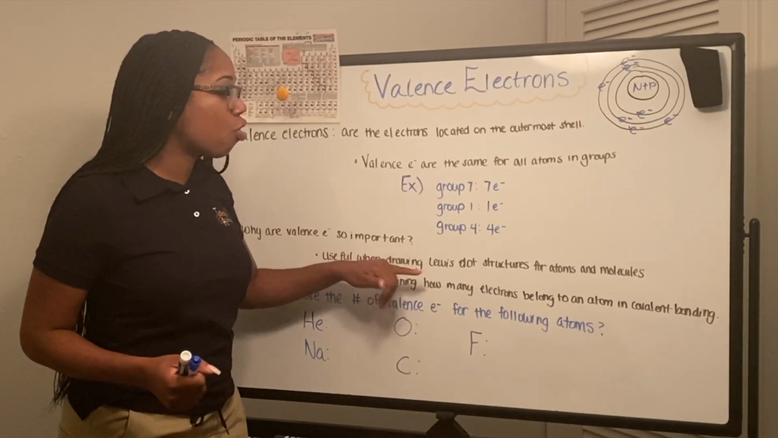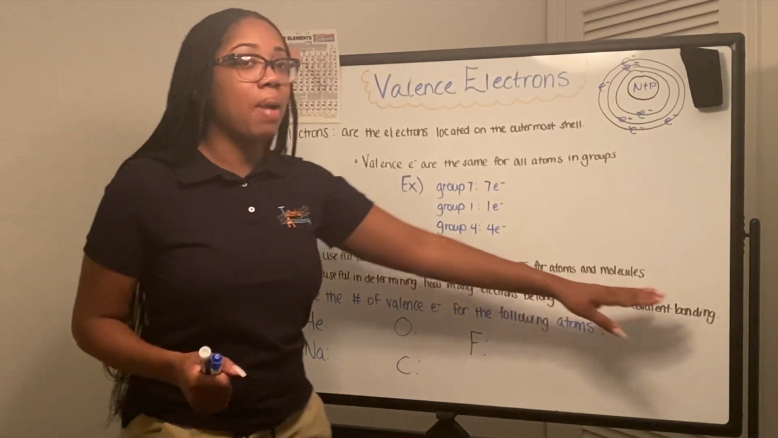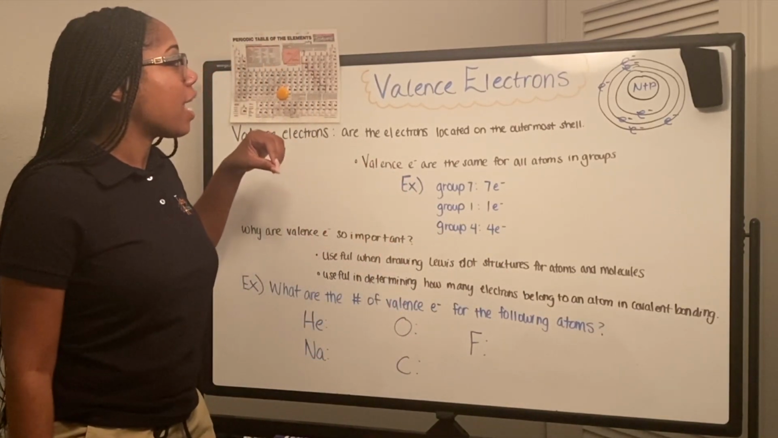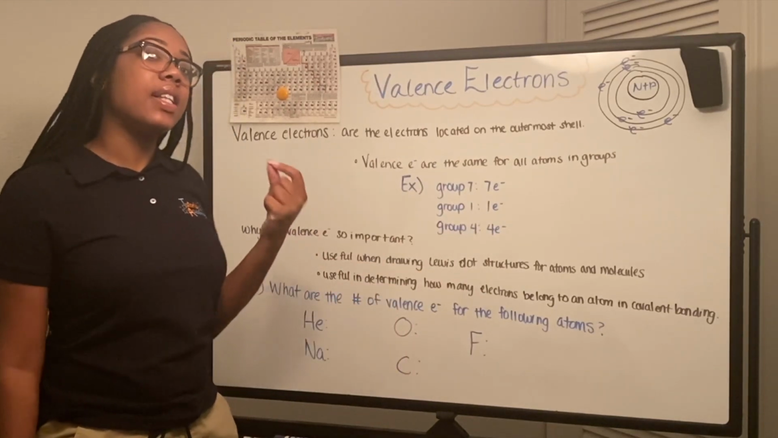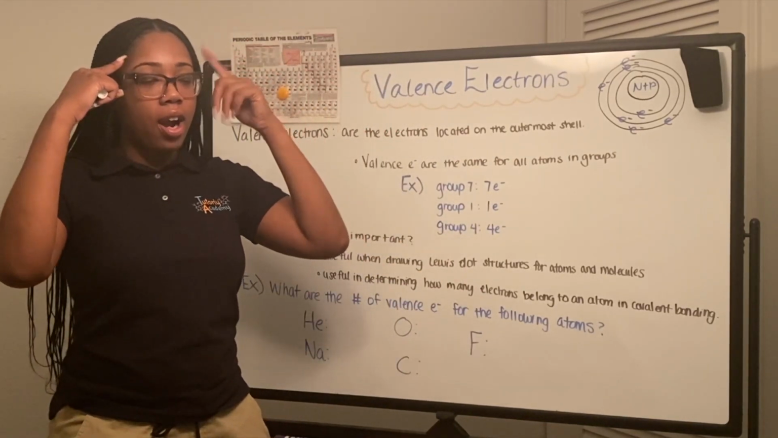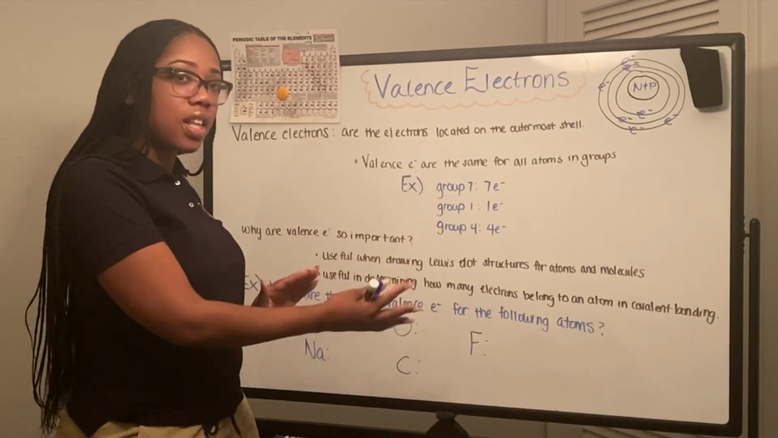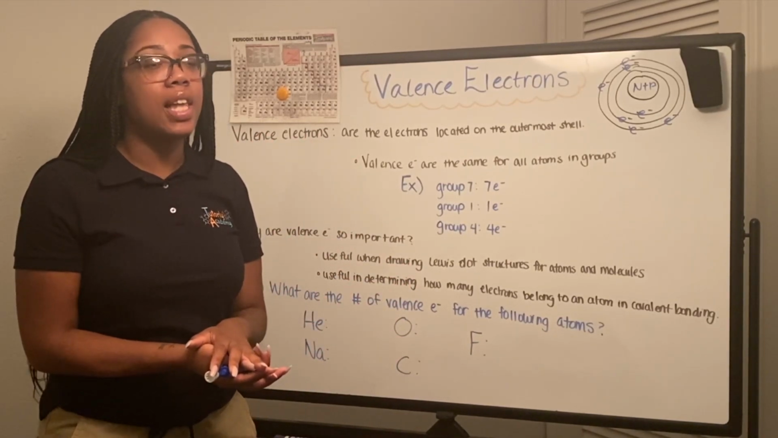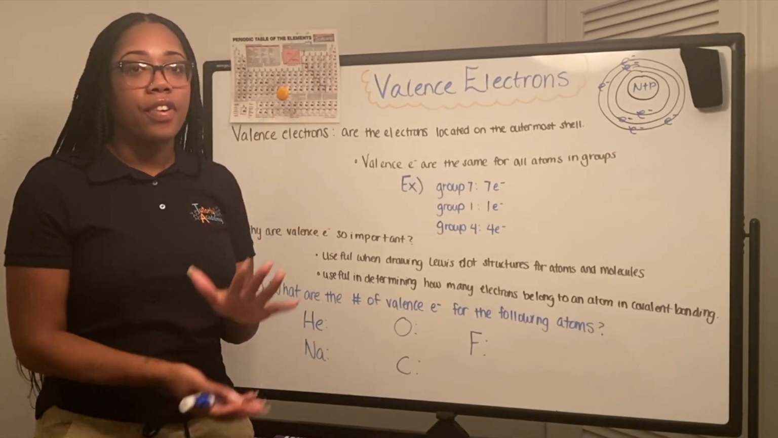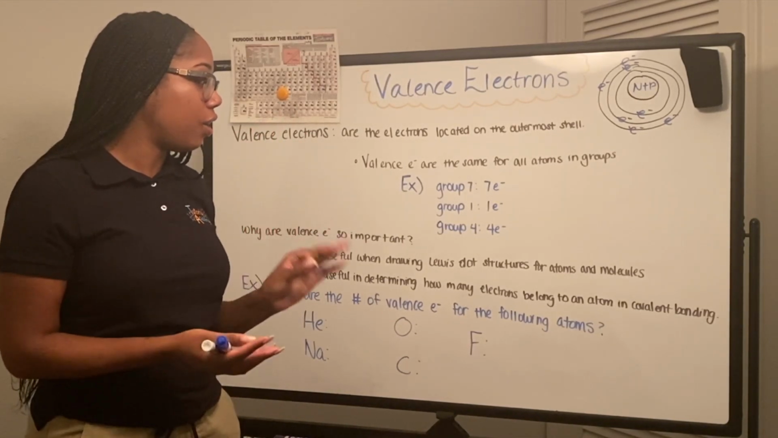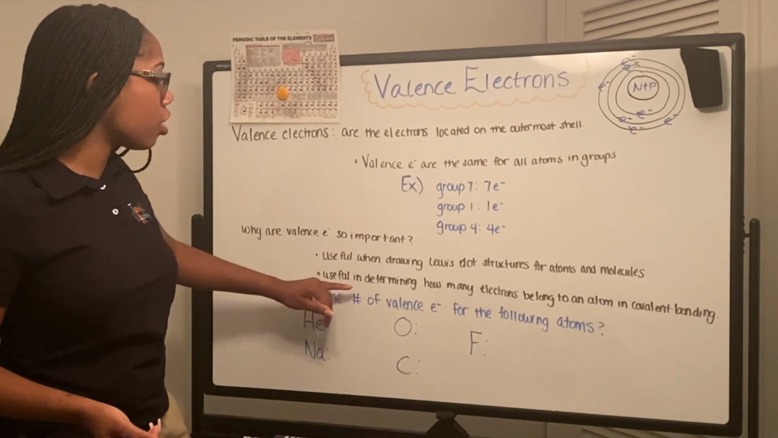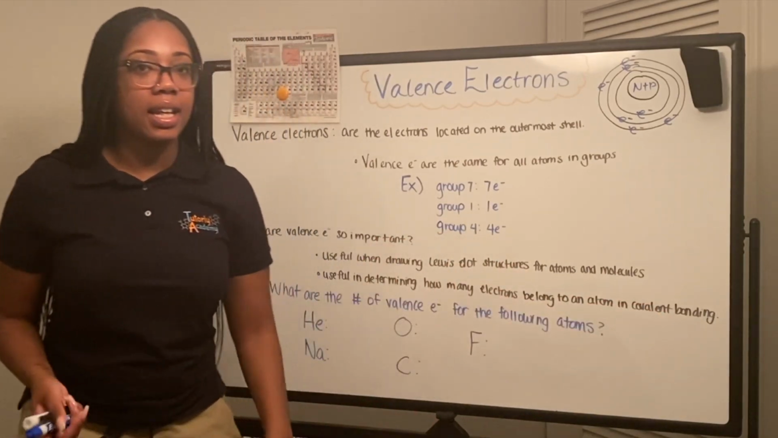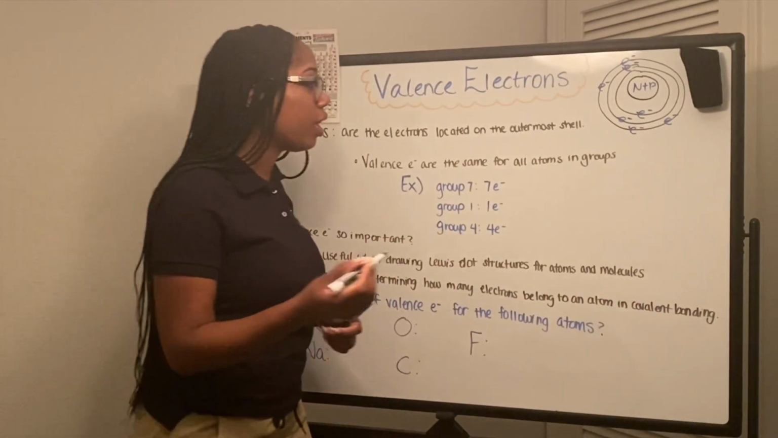Well, they're useful when drawing Lewis dot structures for atoms and molecules, just like I mentioned. So this is kind of me giving you guys a preview of what valence electrons are, so we could go ahead and go with this level of understanding when we decide to start doing the Lewis dot structures and representing different covalent bonding in different molecules. It's also useful in determining how many electrons belong to an atom in covalent bonding. So for example, if we're looking at